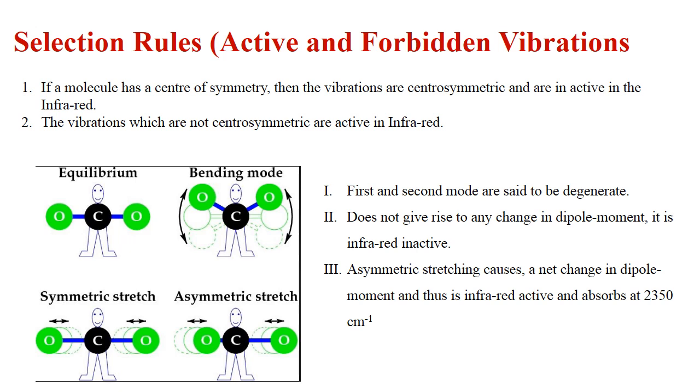So in the previous lecture, we have learned about the different modes of vibration which a molecule can possess when it absorbs the IR radiation. So there is a degree of freedom. On the basis of that, there are three types of movement a molecule can show: one is translational, rotational, and vibrational.